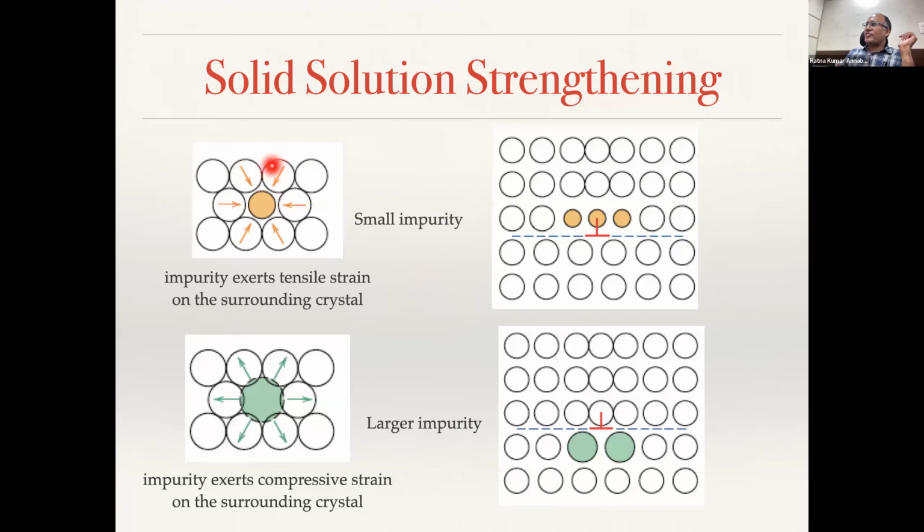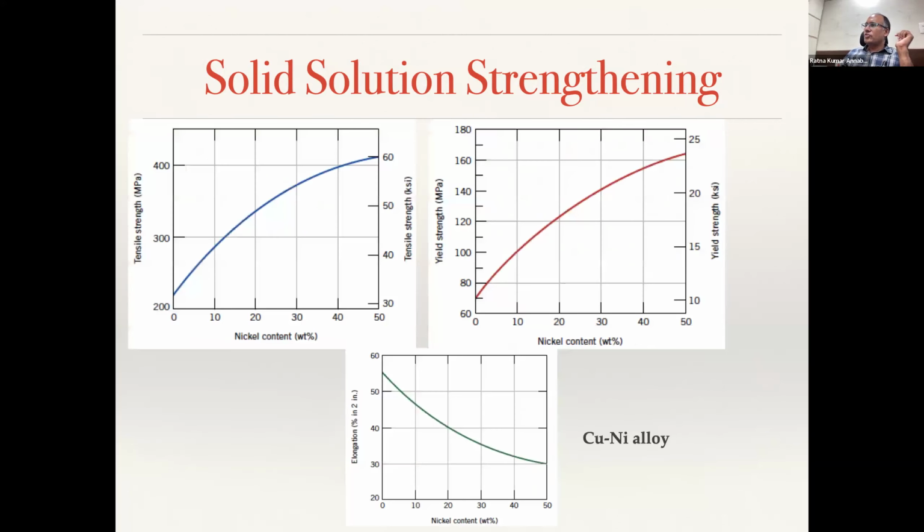Depending upon the type of impurity, whether it is a small impurity or a large impurity, your local state of stress will change, and as a result you will see an impediment to the dislocation motion. So if you look at the copper nickel system, here you have a copper alloy with nickel at 0%. If you measure the tensile strength of this copper nickel alloy, for pure copper, let's look at the yield strength, I think tensile strength is not a good candidate to look at. It is 70 megapascals for pure copper. To that pure copper, if you add 10% nickel, then you will see that the alloy strength is 100